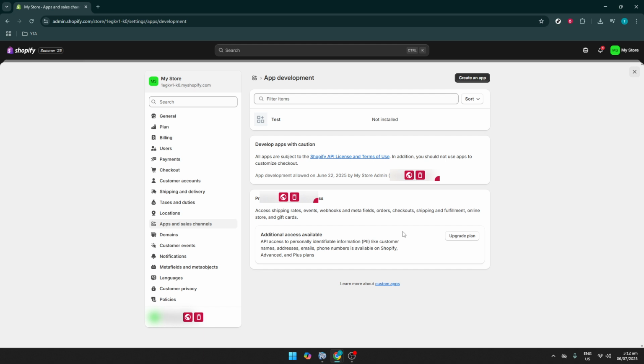With these steps, you should now have everything you need to generate and protect your Shopify API key, empowering you to take your store to new heights through versatile app development. Remember to explore and familiarize yourself with Shopify's documentation for deeper insights into using the API effectively. And there you have it, a comprehensive guide on how to acquire your